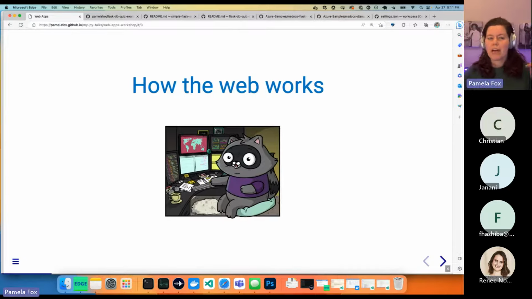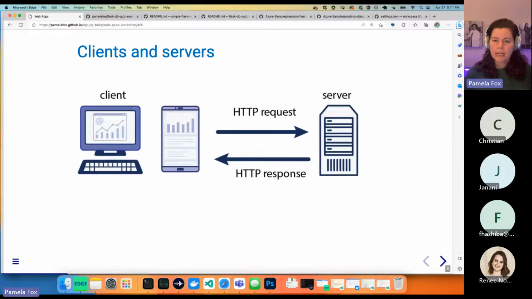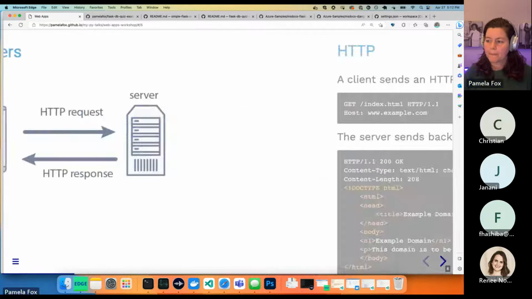So, very quickly, about how the web works, just making sure that we all have the same terminology as we're talking about how we make web apps. What are servers? We've got clients and we've got servers. Clients are the browsers, the phones, whatever's browsing the web. And the servers are the actual computers connected in the cloud somewhere, which means in a data center somewhere, and that are responding to requests from clients. So clients use the HTTP protocol, that's Hypertext Transfer Protocol. They use this protocol in order to make requests to a server, and the server sends back HTTP responses. That is how the web works, over HTTP.